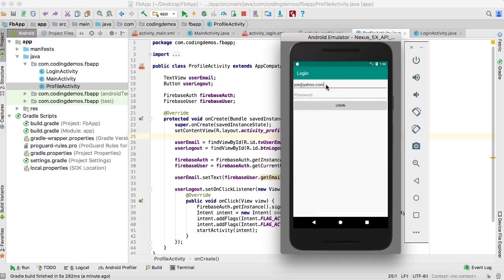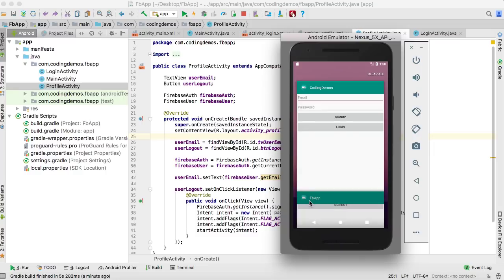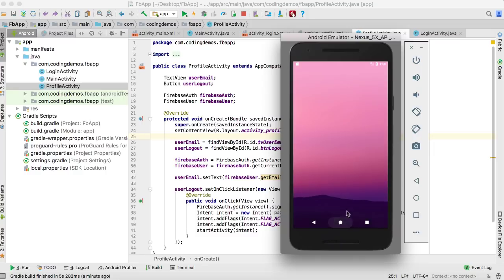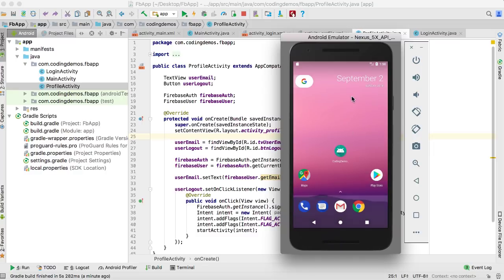You log in and key in the email and password. Okay, it's loading. Now when you're directed back to the profile page, oh yeah, okay, we are in the profile page. Now if we exit the app and run the app again,